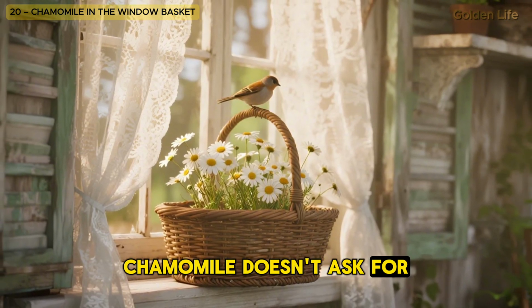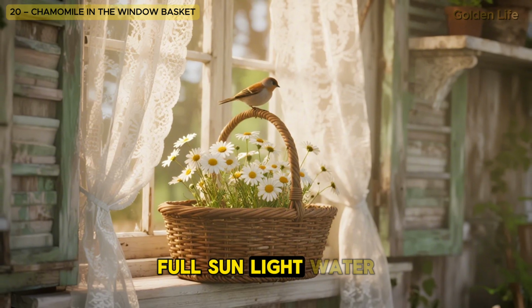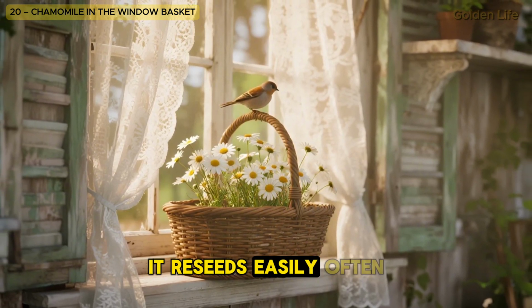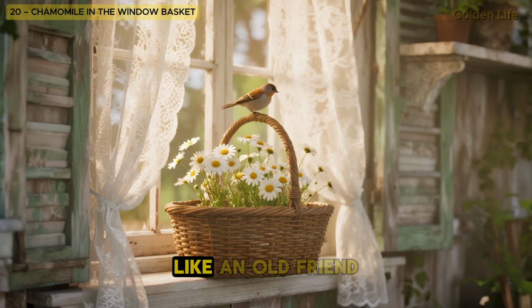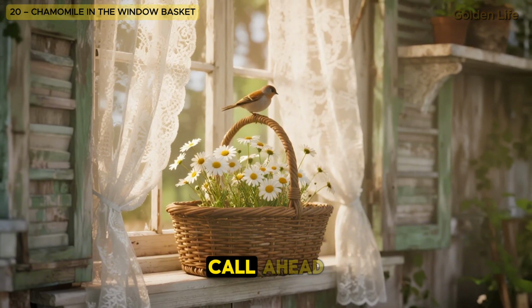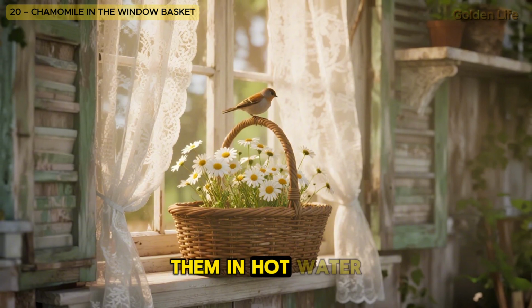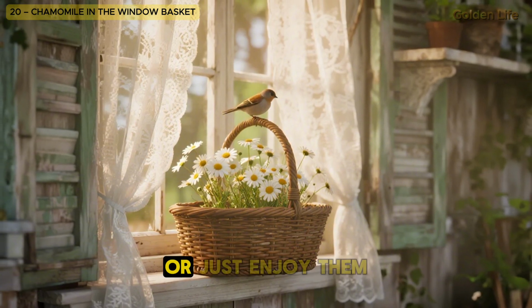Chamomile doesn't ask for much. Full sun, light water, and a bit of patience. It reseeds easily, often coming back year after year like an old friend who never needs to call ahead. You can harvest the blossoms, dry them, and steep them in hot water for restful sleep, or just enjoy them